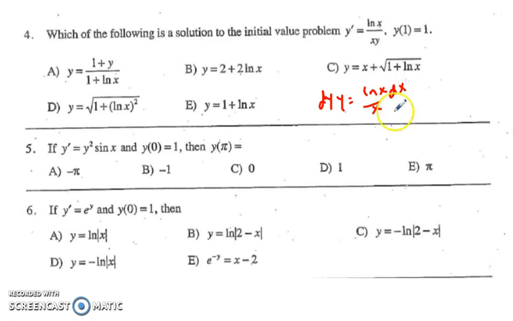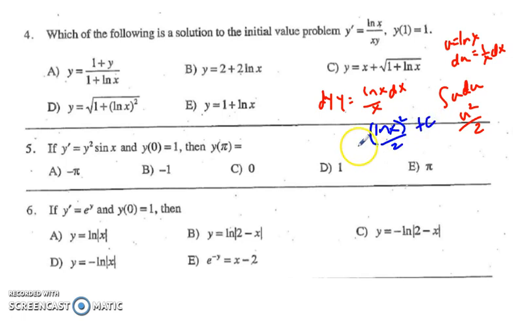The reason why you're not going to like it is because this is a u substitution problem with u equals ln of x, du as 1 over x dx. So I'm really integrating u du, which goes to u squared over 2. So my integral on the right is ln of x squared over 2 plus c, and on the left is y squared over 2. So now if I multiply all the way through by 2, I get y squared equals ln of x all squared